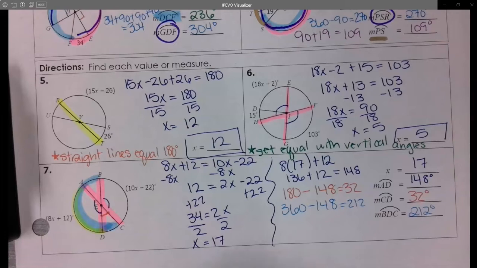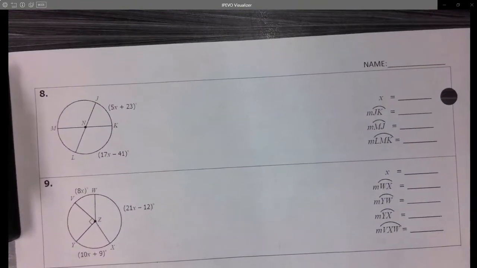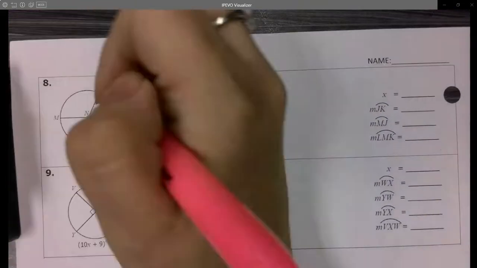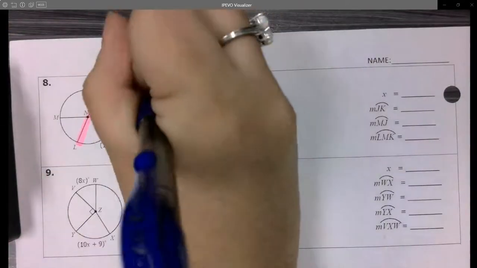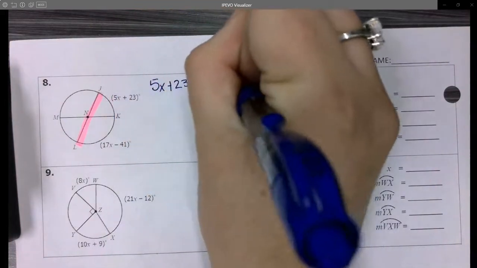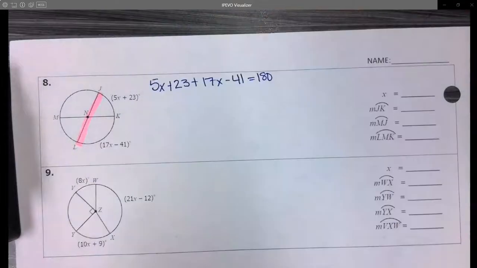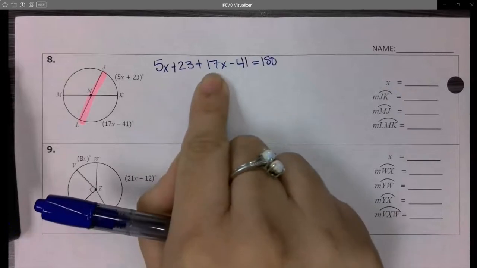Anyone still need this setup? So this one wants me to start off by finding x. My two arcs make a straight line. So I'm going to add these together and set equal to 180. So I have 5x plus 17x,